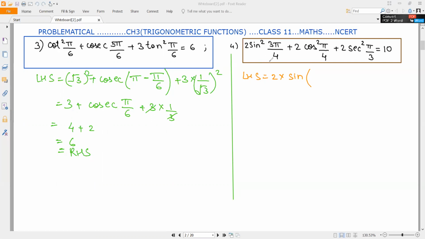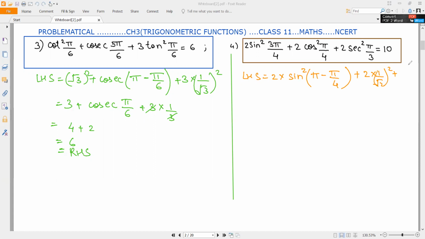So it is 4 pi upon 4 minus pi by 4. 4 pi upon 4 is pi. So it is pi minus pi by 4 whole square plus cos pi by 4. We know the value. So 2 into 1 by root 2 whole square